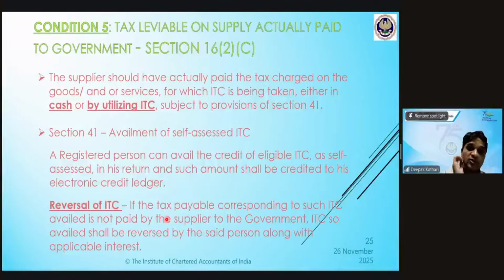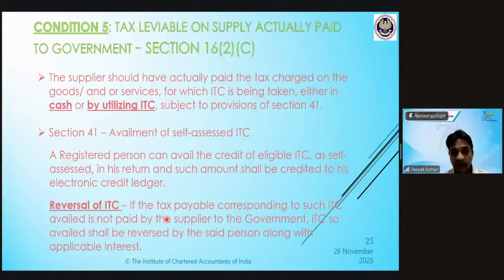How will he pay taxes to the government? Through filing GSTR 3B. Whether he's filed the 3B, you can also see in the GSTR 2B; there is a column which says whether the supplier has paid the taxes or not, whether he's filed the 3B or not. So you don't have to check this every month, because already you have to check GSTR 2B. Again, if you have to check whether the supplier has filed or not, you don't have to check it on a monthly basis. The government has given you time till September. So for 24-25, whatever credits you have claimed, you can check in two periods.